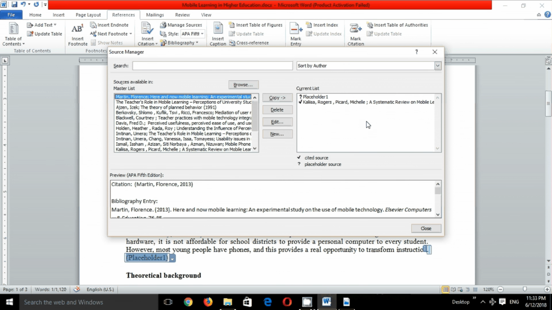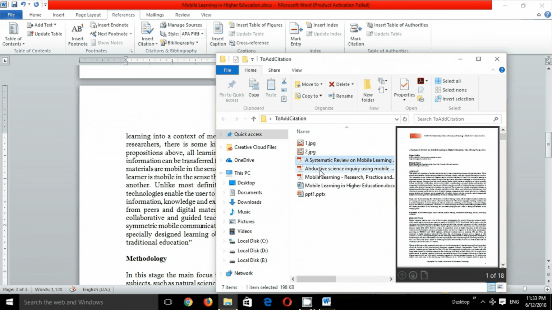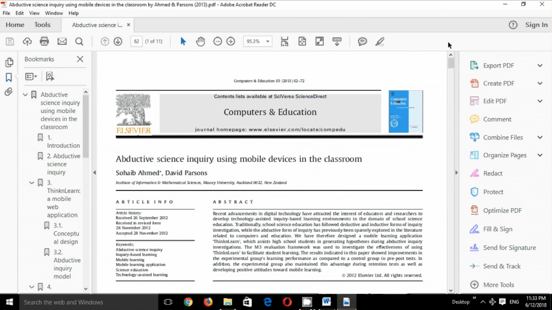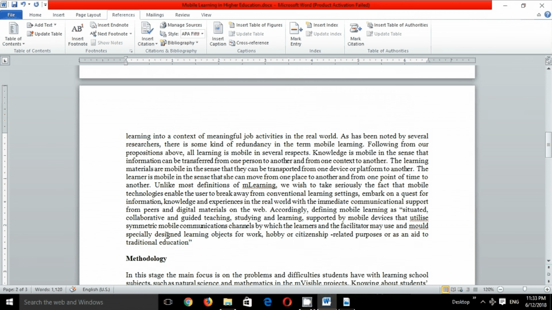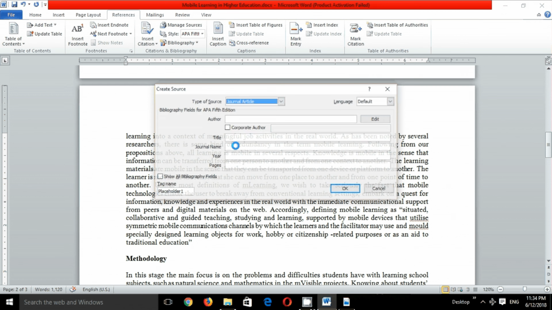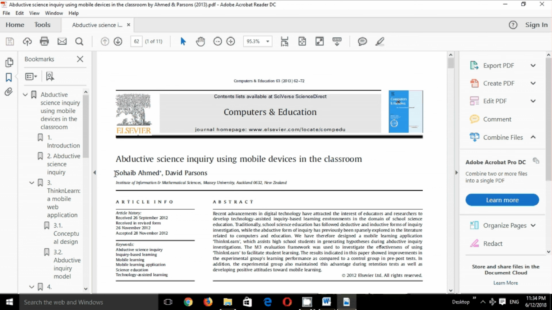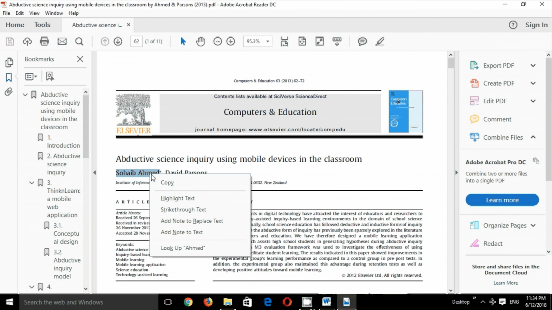Next, I am going to add another source to our article. Open this article. So this is the article related to the information in this place, and I am going to cite this article here. Go to Insert Citation, add new source, select journal article because this one is also a journal article,